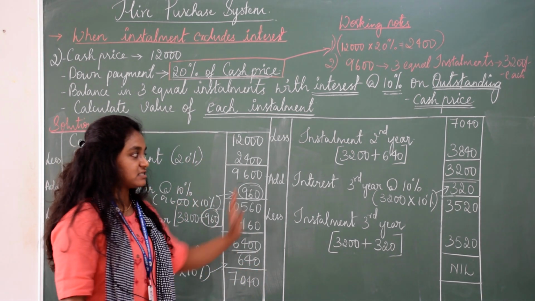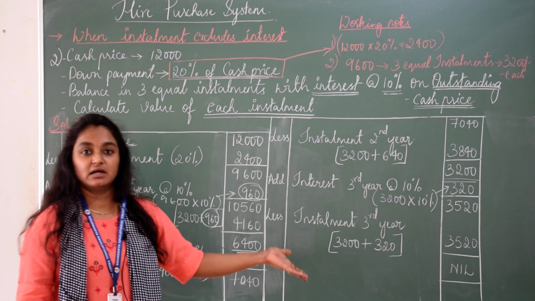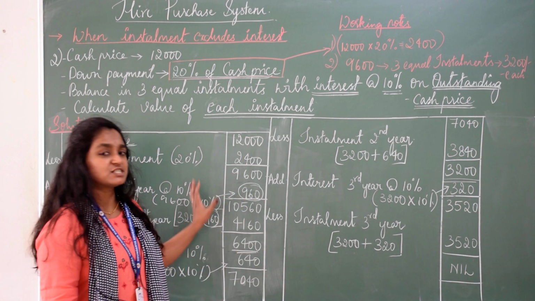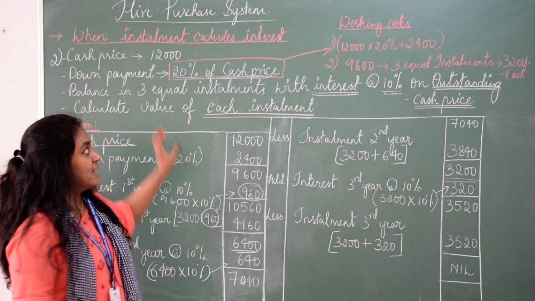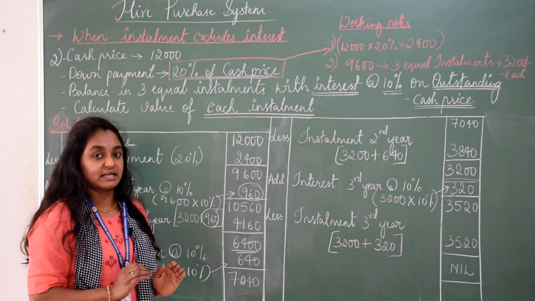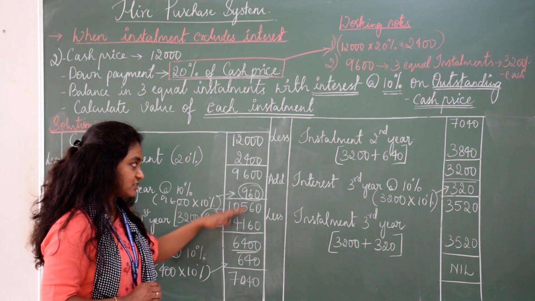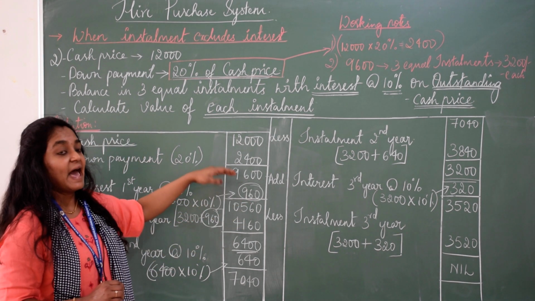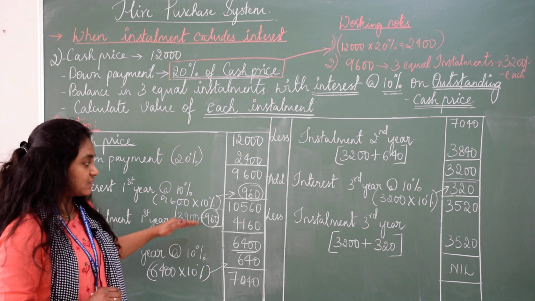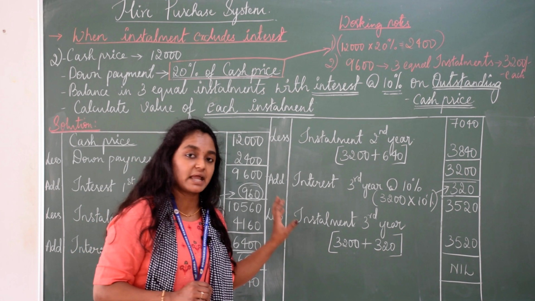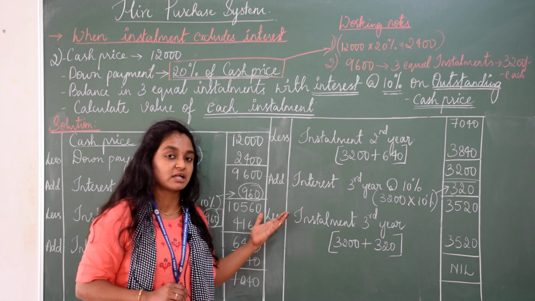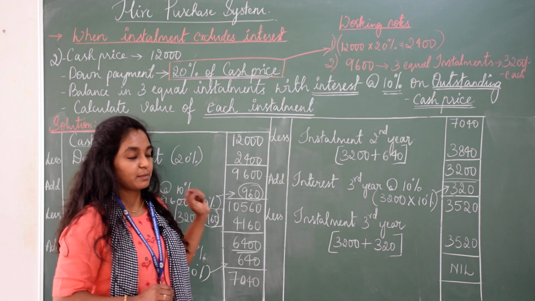All the installments, all the interest is being paid to the hire vendor, and this is how an agreement comes to an end. So this problem briefly states you that when the installment amount is not included with the interest, we have to calculate the interest always on the outstanding values, and then we have to calculate the installments for each year and then give it in the outer column. This is the main adjustment that deals with 6 marks, and this is a kind of important problem that we get in the section B from hire purchase system.